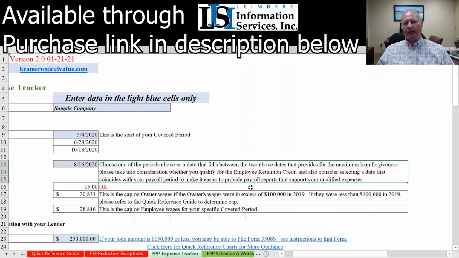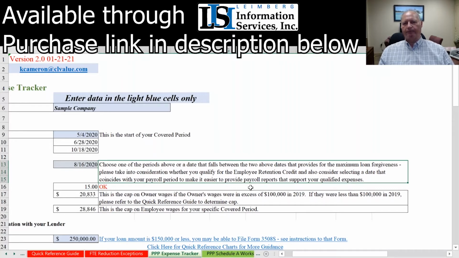Again, the SBA and the lenders are going to provide us with some guidance on how to amend a PPP forgiveness application. So let me give you a really quick example on why you might have to do that. Let's say that you are a borrower that originally used an 8-week covered period, and so a long time ago now, several months ago maybe, you have submitted your forgiveness application and possibly gotten it approved by both your lender